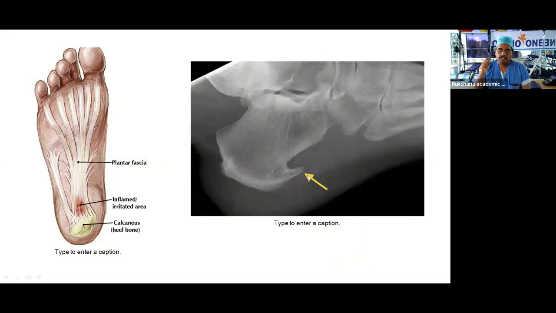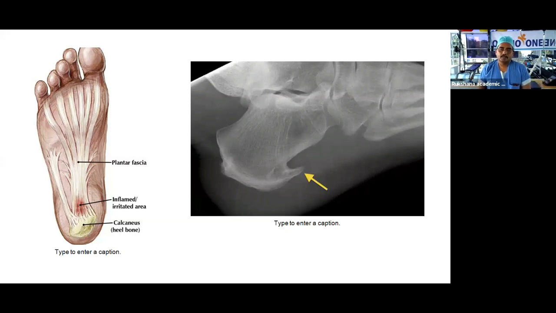And when a GP or a family physician takes an X-ray, or the patient sees this X-ray, and somebody tells them that you have a bone growth inside, suddenly they start getting worried. The bone is growing and has severe pain. Is it something dangerous? Is it something serious? So that's the time the patient starts flocking to the Foot and Ankle Clinic.